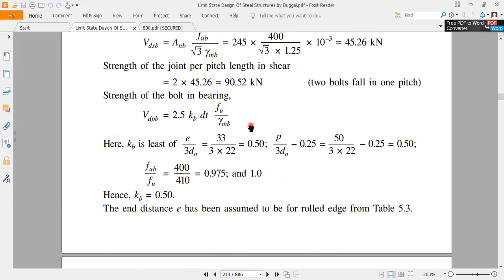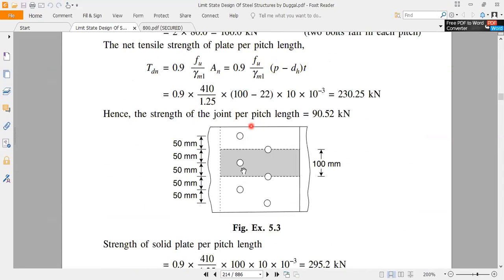Now you see, so these bolts, if you pull these two members in these directions, think about each bolt. Each bolt is subjected to single shear and single bearing. It's not a single shear and bearing. It's not it. This is a top view. You have to imagine that in the isometric view. Okay.